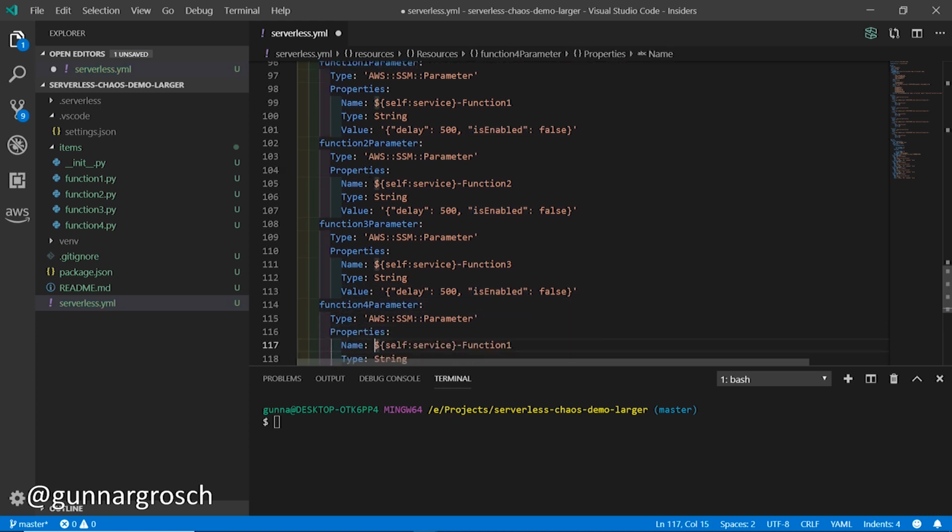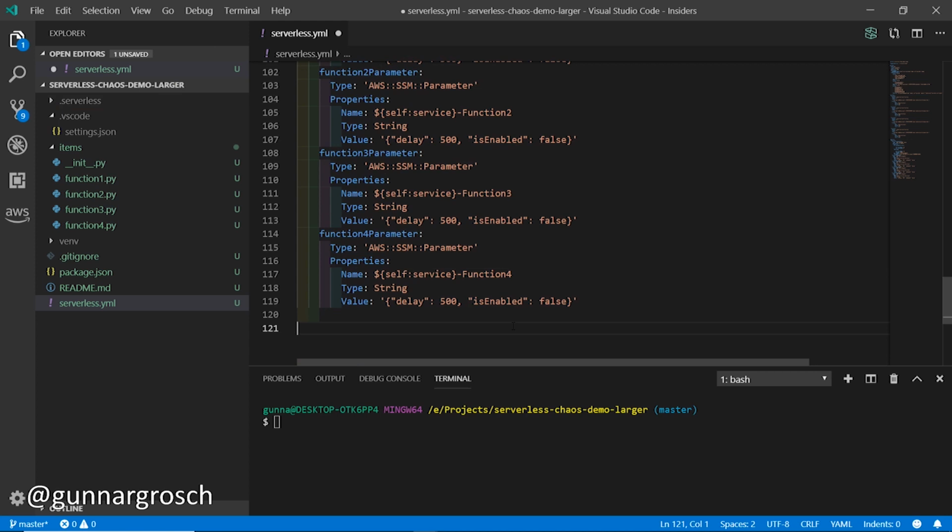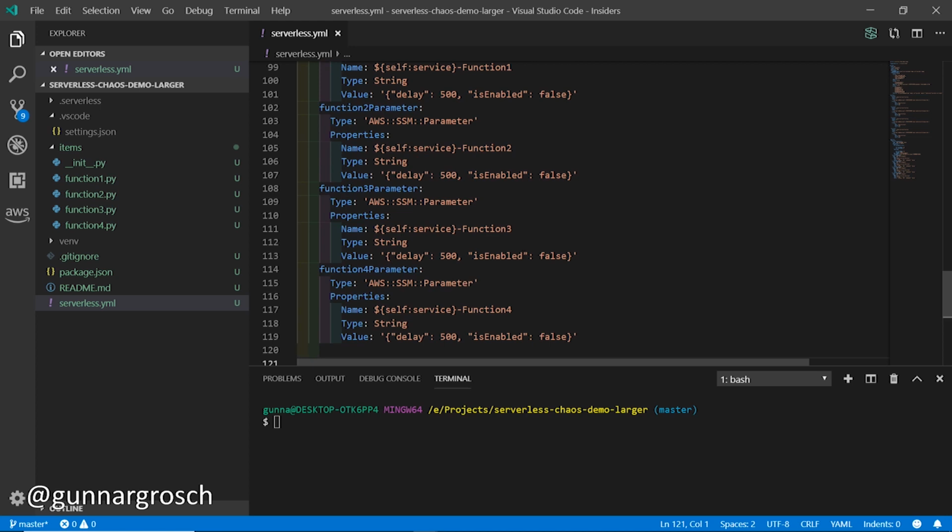And number 4. Cool. So, if this works as intended, we should now have updated the functions to use the new Lambda layer. We have added parameters